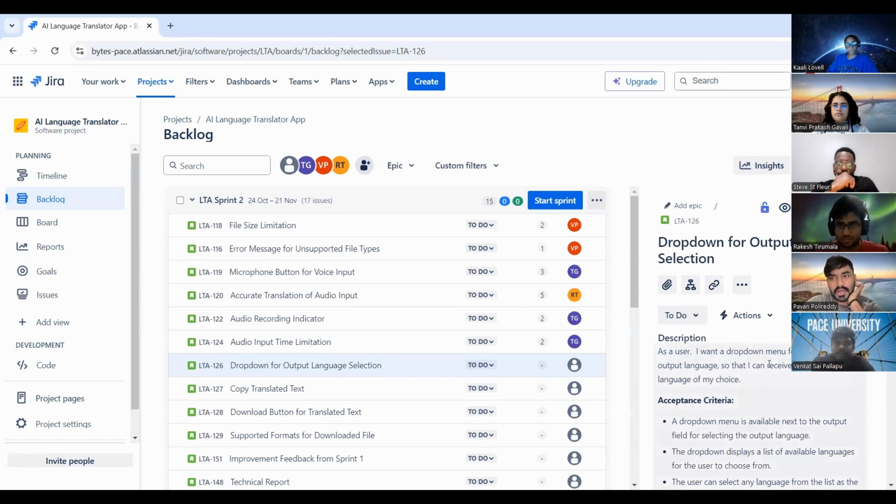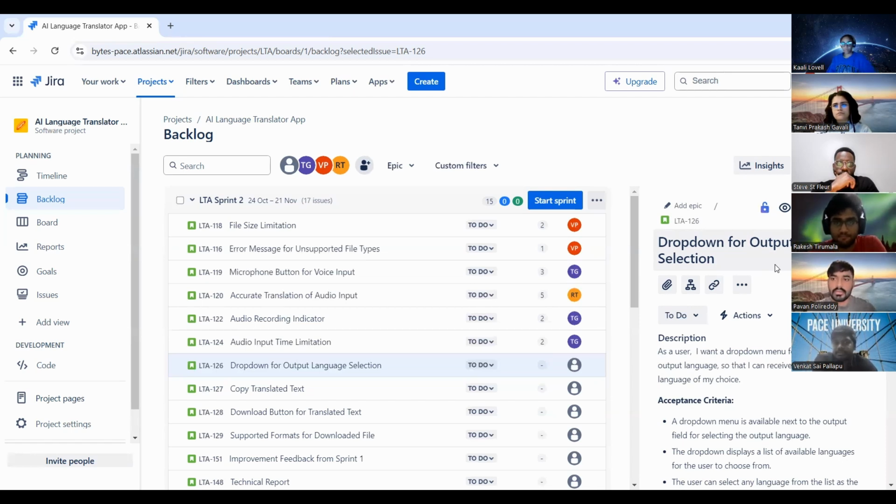Currently we have implemented an API, but in that API we are getting some languages, we are not getting Hindi, Tamil and other Indian languages. And also, I think the model is supporting only some set of languages, not all the languages. We need to check this drop down has all the languages which we are converting.